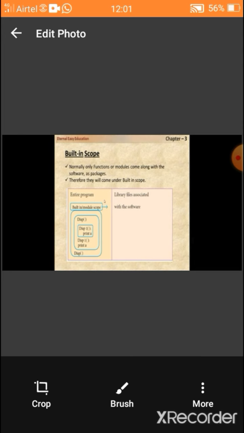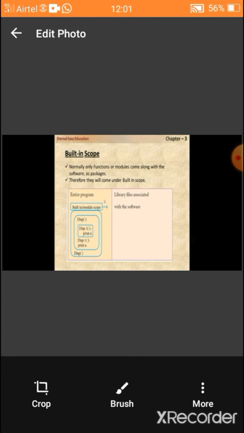There are 3 boxes. The innermost box is local scope. After the innermost box, there is a box. It is known as enclosed scope. The outermost box is called global scope. So can you identify what are the variables given in that program? In the outermost function, there is no variable declared. It just has the disp function alone. It is given in the last.